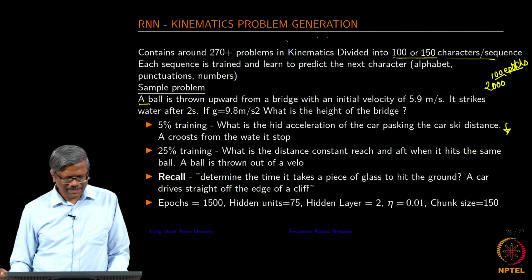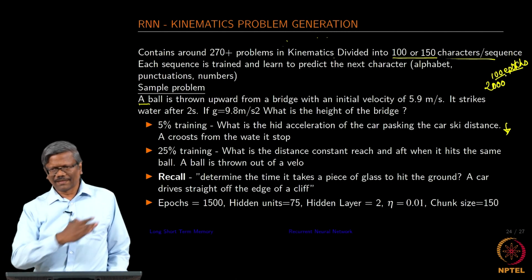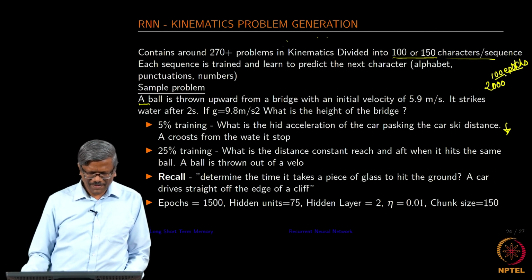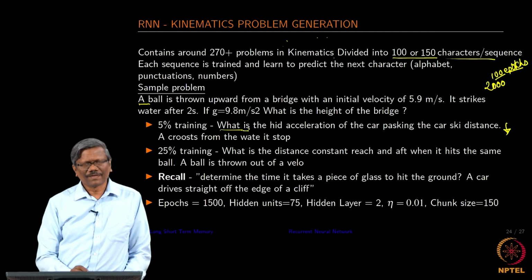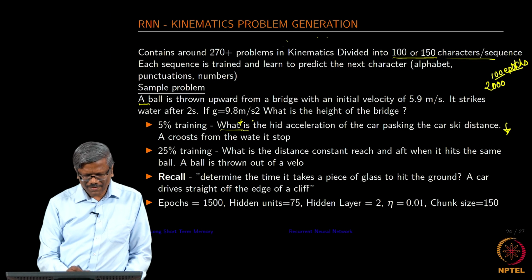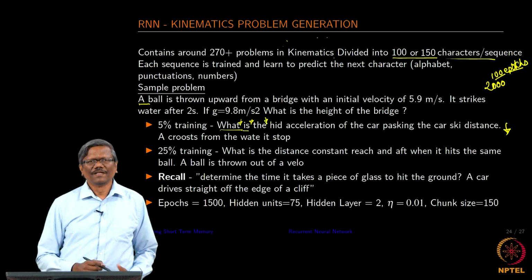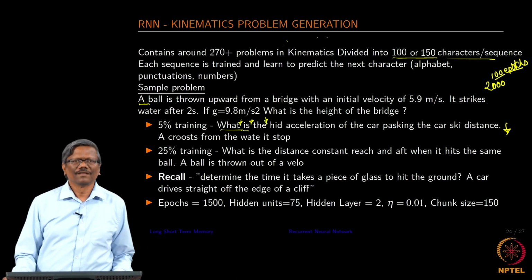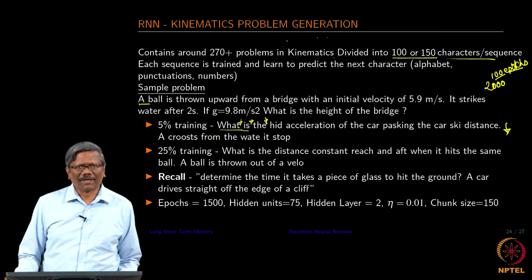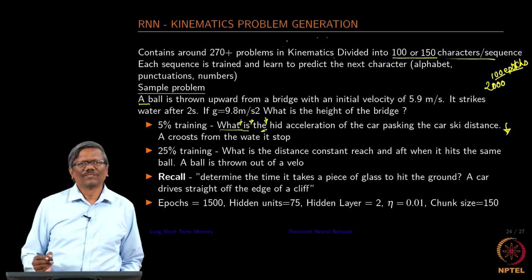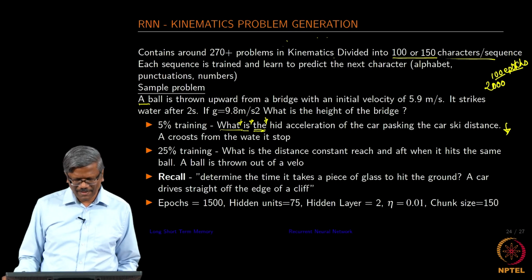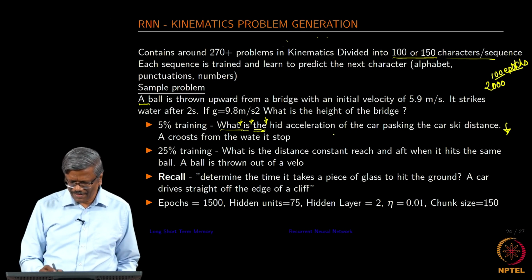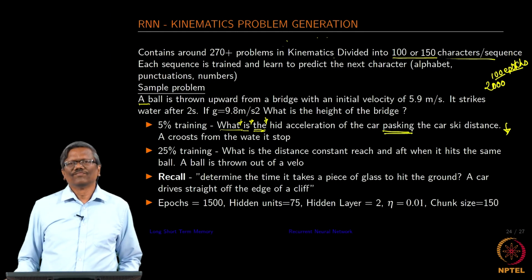At the end of 5% of the training, after it has seen the entire sequence, it is able to construct words, and also you see the spaces. It is able to really predict what could be the next character after E. So, it has clearly found out the word, and then see hid, acceleration, and here tasking,